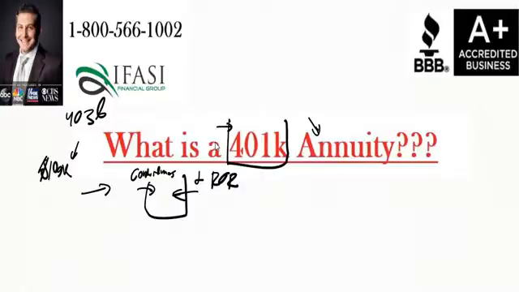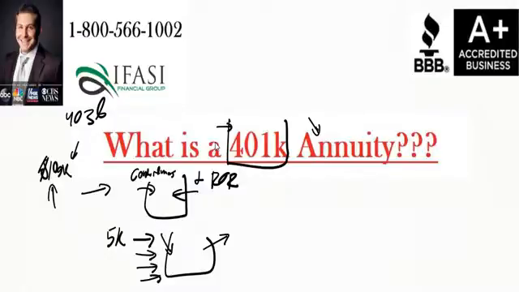So if somebody does not contribute at all to their 401k plan, well, then they're not going to have anything in their 401k plan. If, let's say, they're contributing 5% of their salary, and this person's making $100,000, well, that says $5,000 is going to be a contribution for that year into the bucket. If they keep doing that, and let's say that they tied their 401k funds to a fixed account, well, we know that as long as they're putting those dollars aside, it's going to grow by whatever they're contributing into that